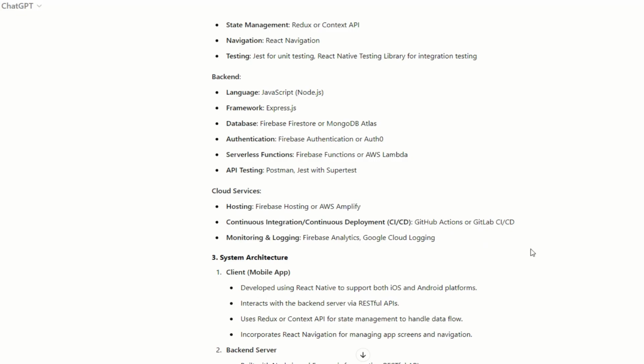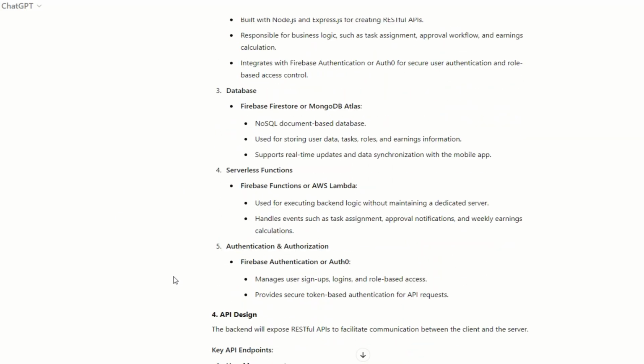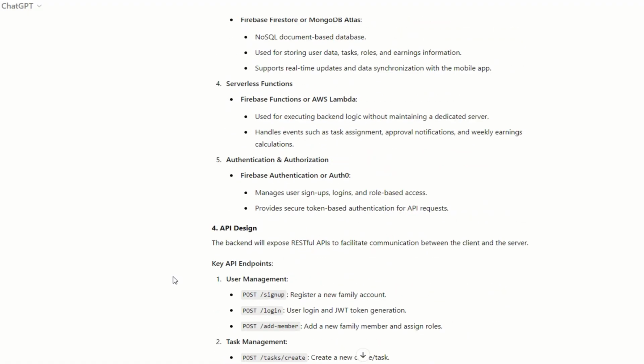For CI/CD, we can use GitHub, and monitoring and logging solutions are also provided. Now it proceeds on to give us the system architecture: how the client will be developed, the backend server, database, the serverless functions, and authentication and authorization.